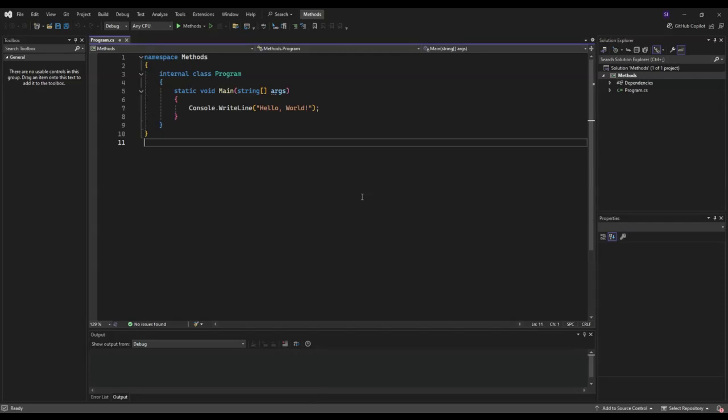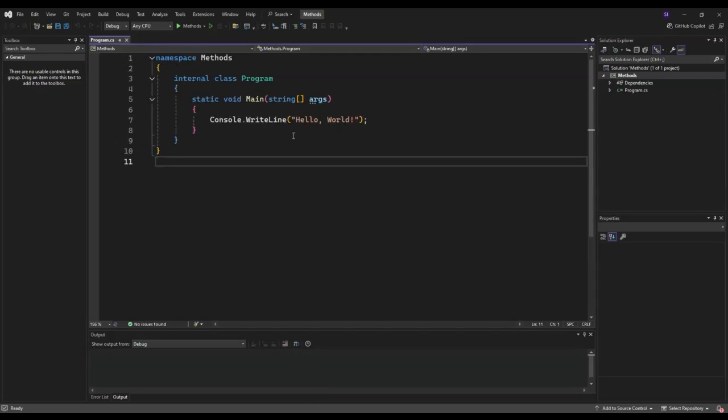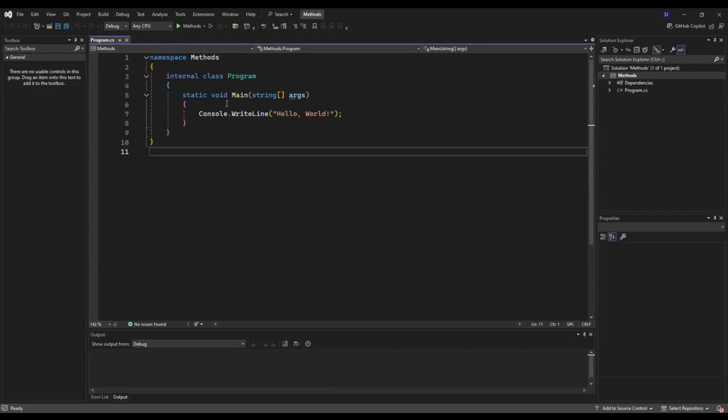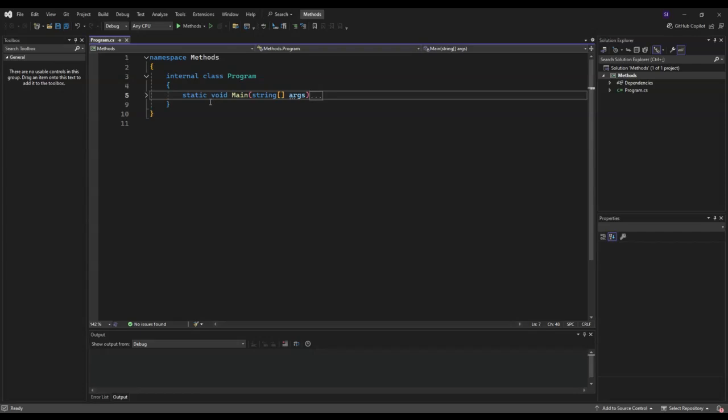Okay, now we have this one, which is just a new application, which has this Hello World. I want to create the method. You remember the method we created last time? I'm going to create the method here. Where we create the method, just close this if you want, and copy this static void, and I want to